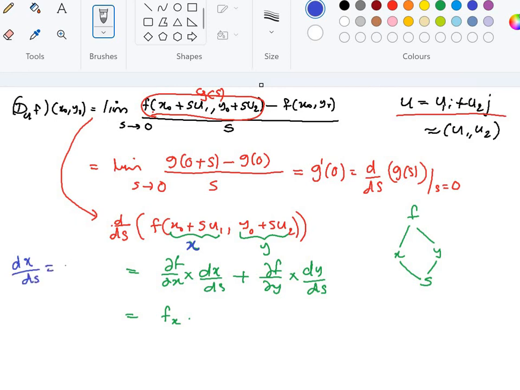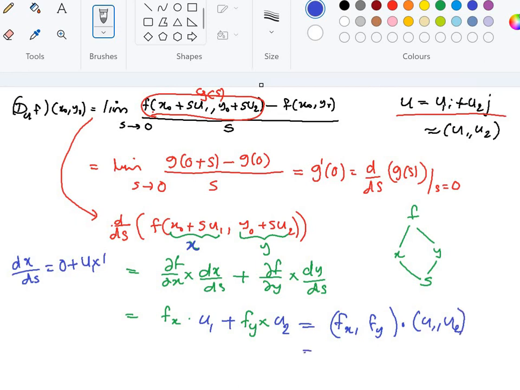dx by ds is nothing but the derivative of x naught, which is a constant, so its derivative is 0, plus u1 is a constant times the derivative of s with respect to s, which is 1. So dx by ds is u1. Similarly, dy by ds, if you calculate, is going to be u2. Okay, so I can call this fx comma fy, a